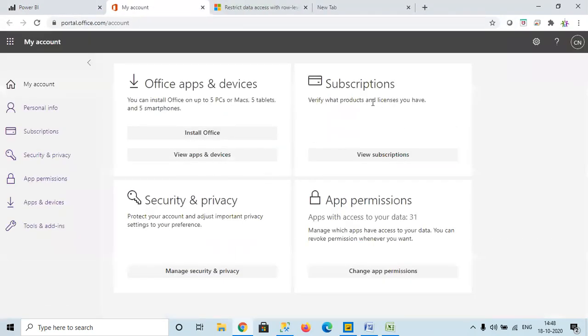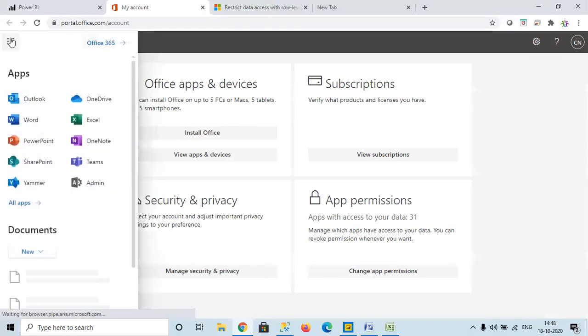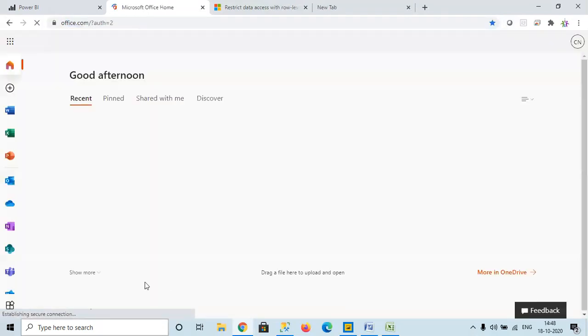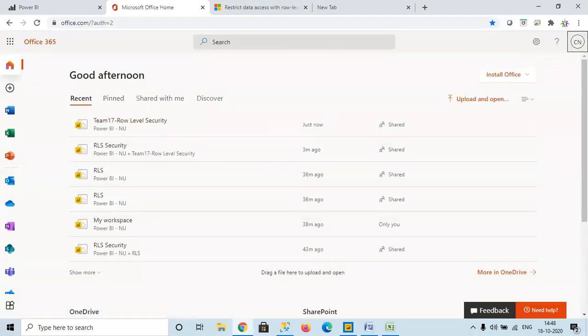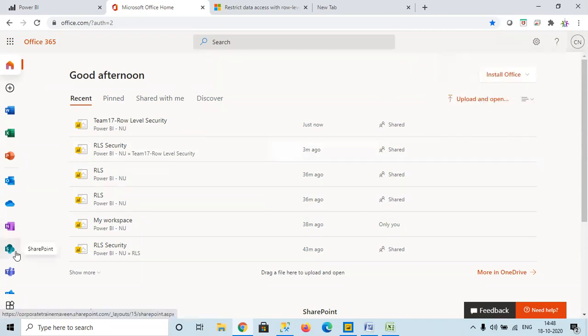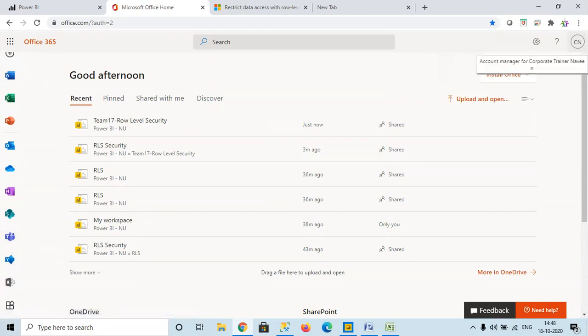So when I go to this particular one, right? I think we have to go to office.com, not to the account. Let me go to office.com. So basically we have everything from office.com. Yeah. So when you go to office.com, you can see this is also my account only, same account, right? Any Power BI developer will not get this access to log into office.com. Developers won't be there. This is for the admin, administrator or project leader, somebody who is the leader of the project who will have that access.